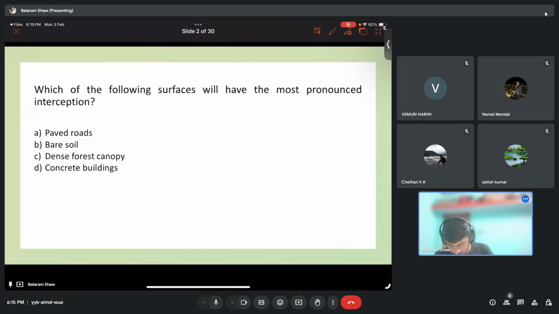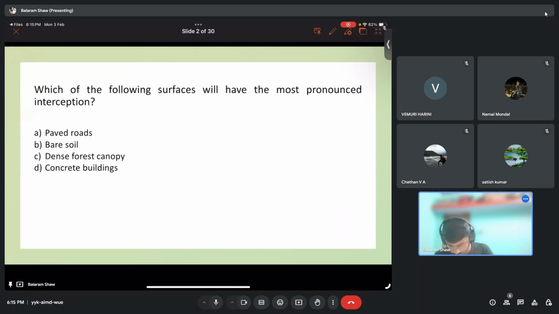So in this week, what have we studied? We have studied what the hydrological abstractions in the hydrological cycle are, right? So what we have studied is the hydrological abstractions. What hydrology is, we studied in the last class.